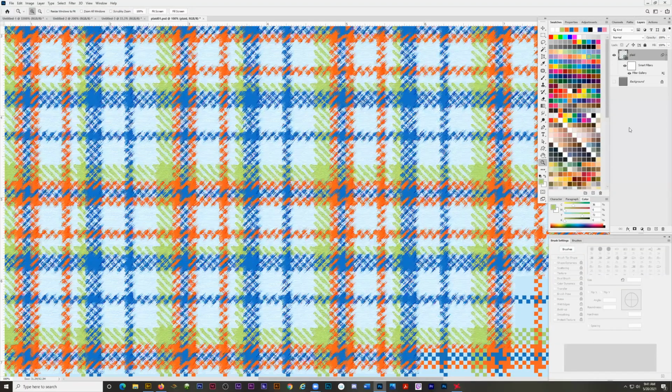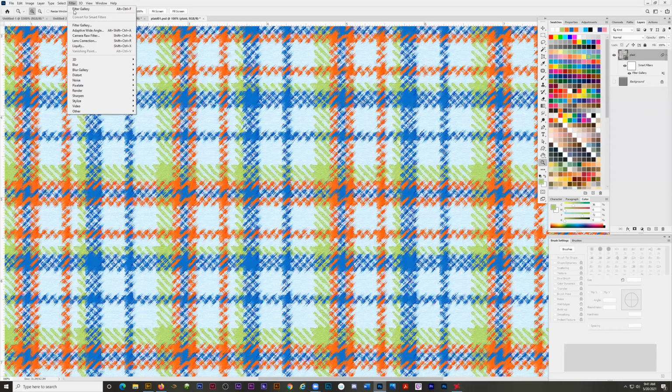But yeah, let me show you how to get there again. So basically you want to select your layers. Make sure you select your layer. Here you can see I had green and white selected. But anyways, I would go to the filter menu, and it's just Filter Gallery. So you go to Filter Gallery,